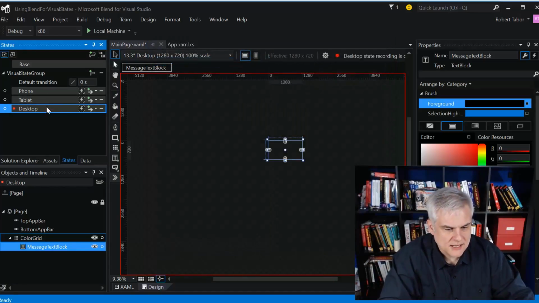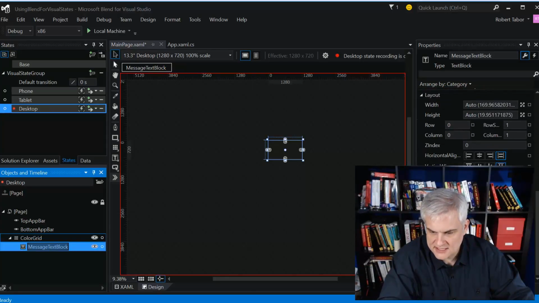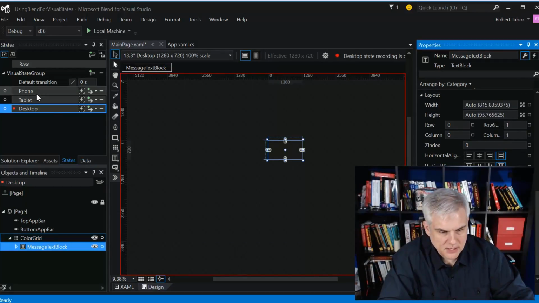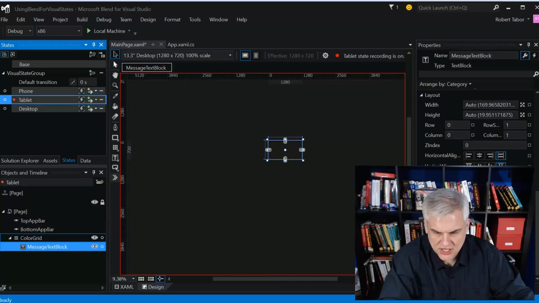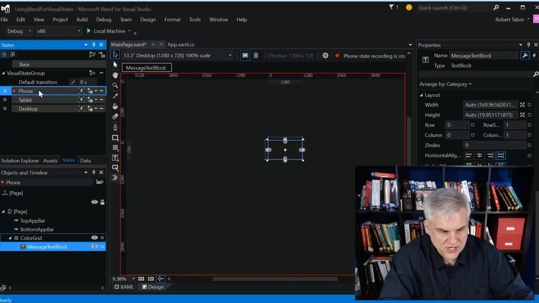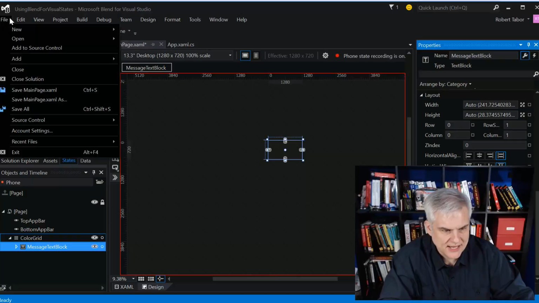Now, whenever in desktop mode, I'm going to select the message text block here in the Objects and Timeline window, and then I'm going to change the font to, let's say 54. I forget what we chose originally. Then I'm going to go to the tablet, and I'm going to change the text block to, let's say, 36. And then I'm going to go to the phone and change it to like 16. All right. Now let me go ahead and save what I have,